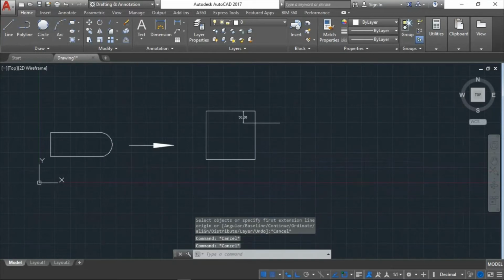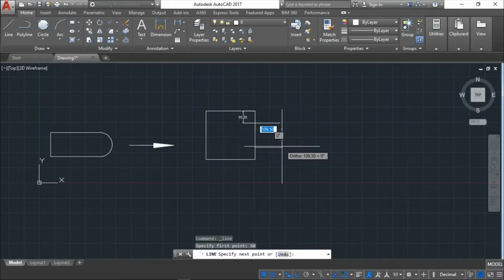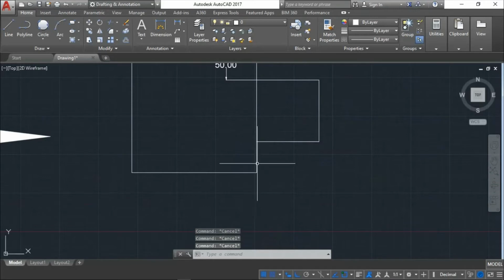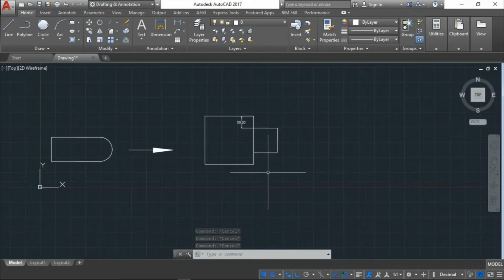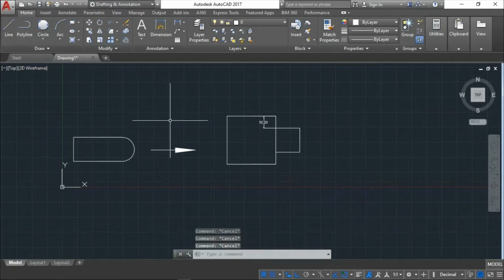So again I am going to create a line from the bottom. Just click the line command, place your cursor at the corner point from where you need to take measurements, and then drag your cursor upward. You can see the green tracking line. After that, give your dimension. Again I am giving 50, enter. After that I am going to give 100, enter. So this is the way to create lines in between other lines. So the polyline command is over and the line command is over.